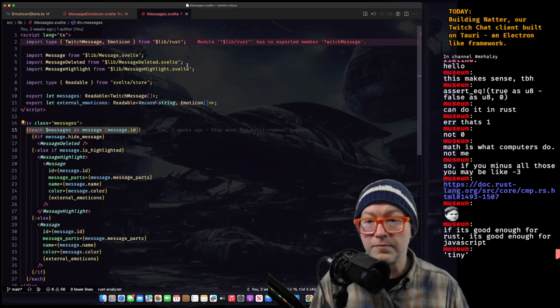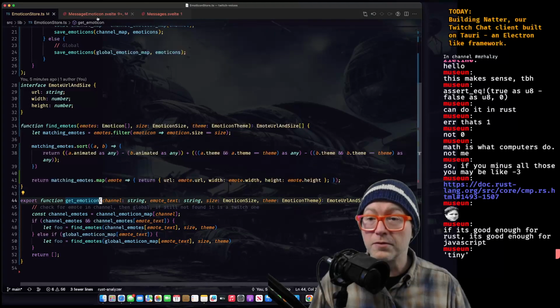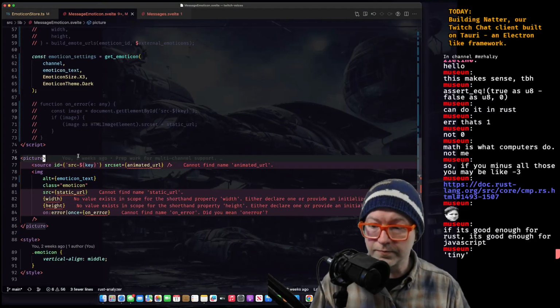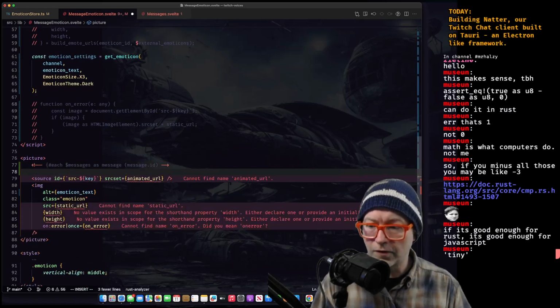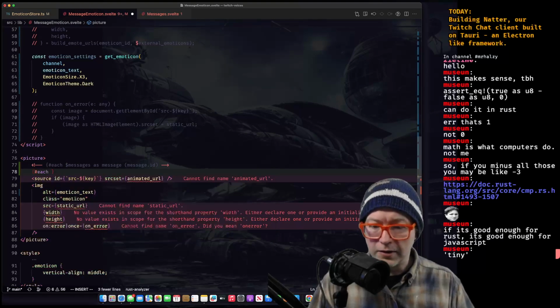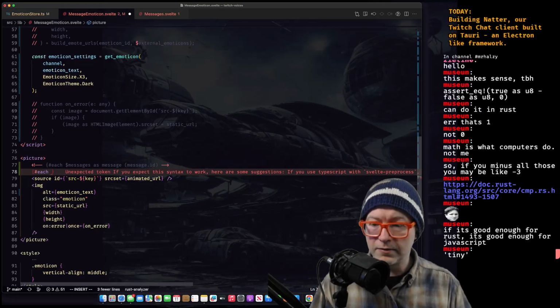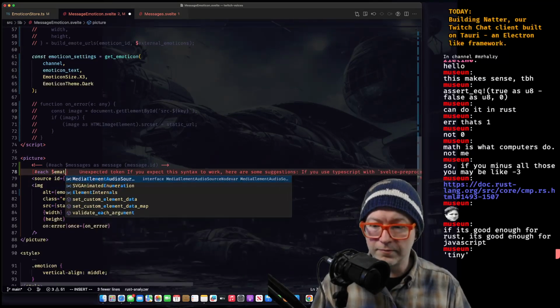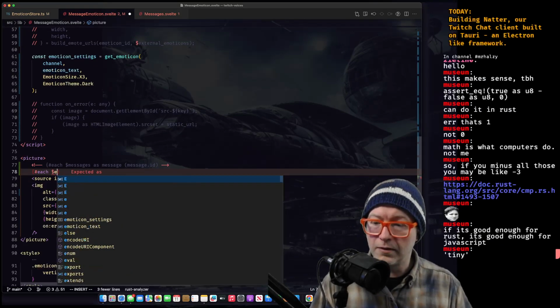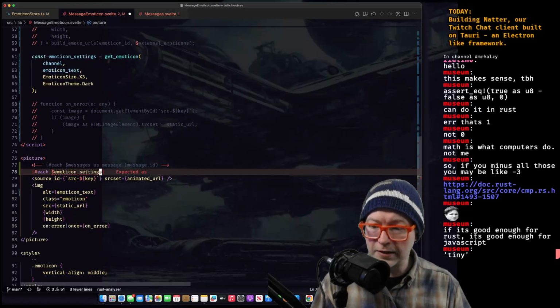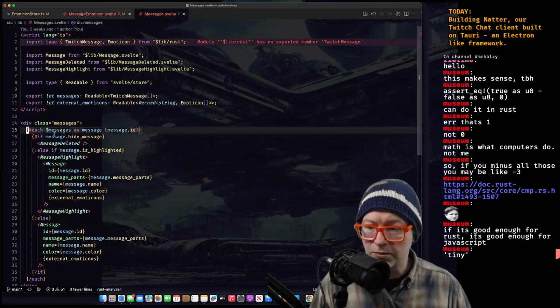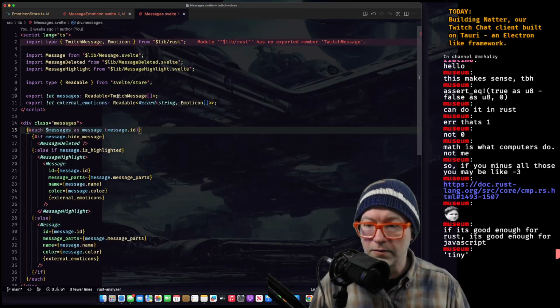Let's see. Oops, wrong one. Each, and this is going to be, I don't know. Emoticon settings. That's not a store for us. Is it a store here? It is. It's readable. Okay.